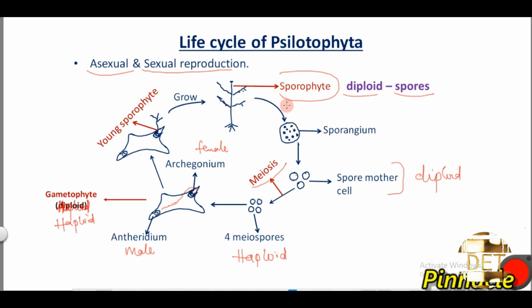So this is all you need to know about the life cycle of pteridophytes. It's very important that you know the life cycle starts with the sporophyte, which is diploid in nature, and then from the sporophyte goes to the gametophyte, which is haploid in nature. Therefore, we can say that the life cycle of pteridophytes is